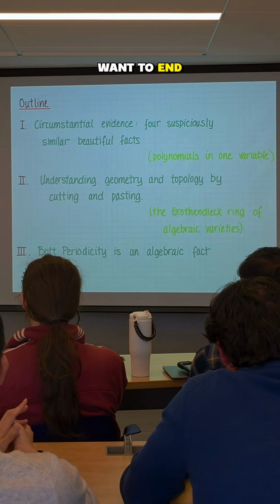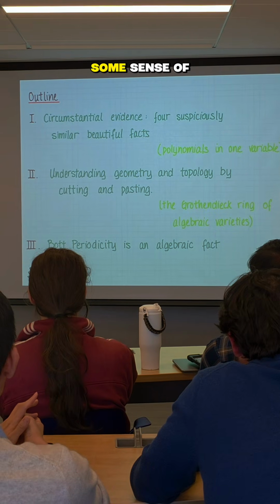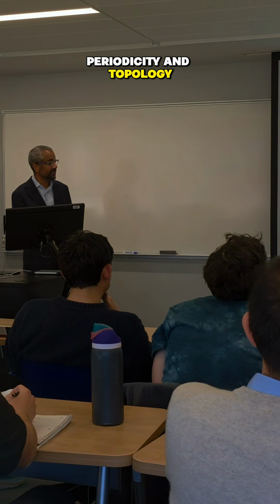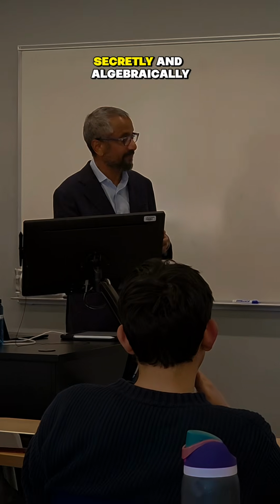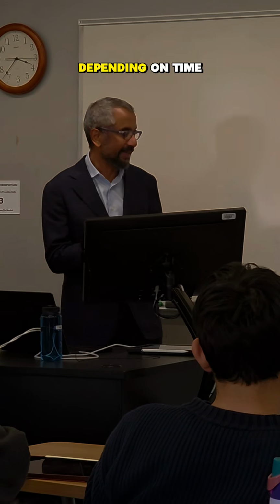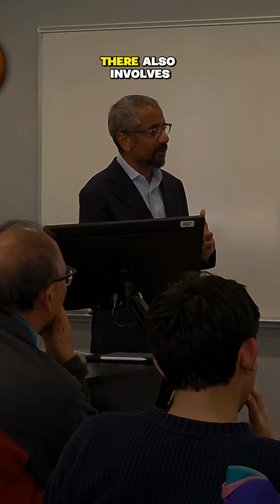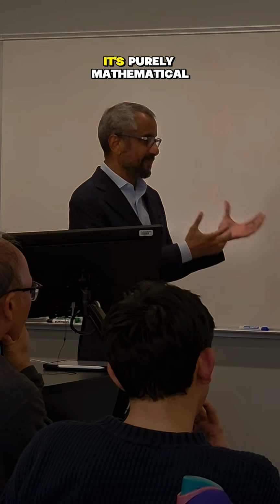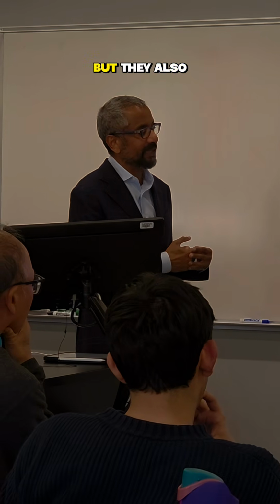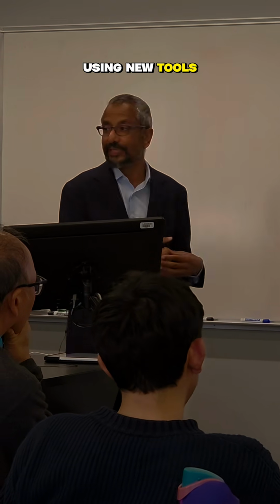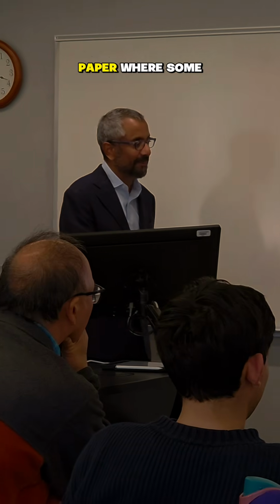And then I would end, depending on time, by giving you some sense of where this leads by telling you a bit about the surprise of Bott periodicity in topology, and how it's secretly an algebraic fact. And then maybe, depending on time, how we got there also involves some recent work where part of the advances, they're purely mathematical advances, but they also involved exploring how one does mathematics using new tools in AI, and a recent paper where